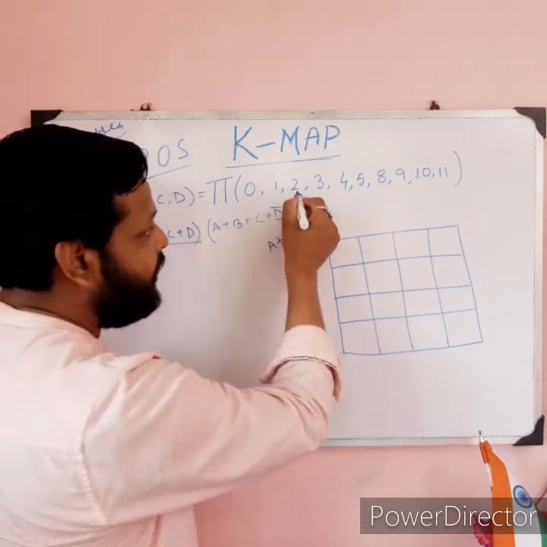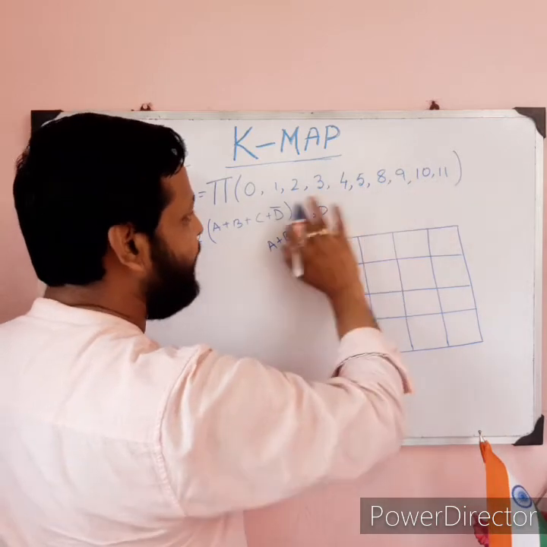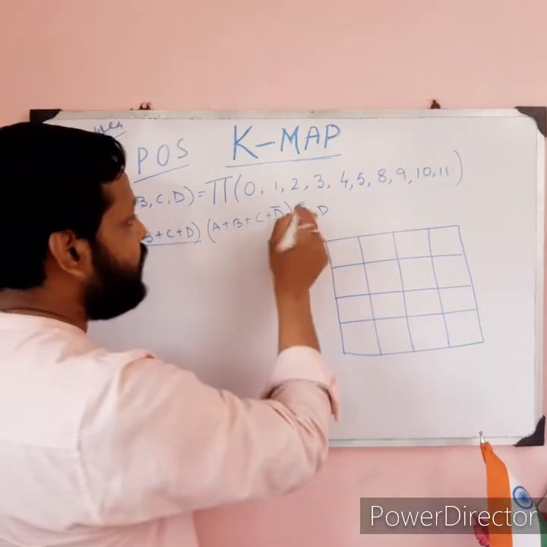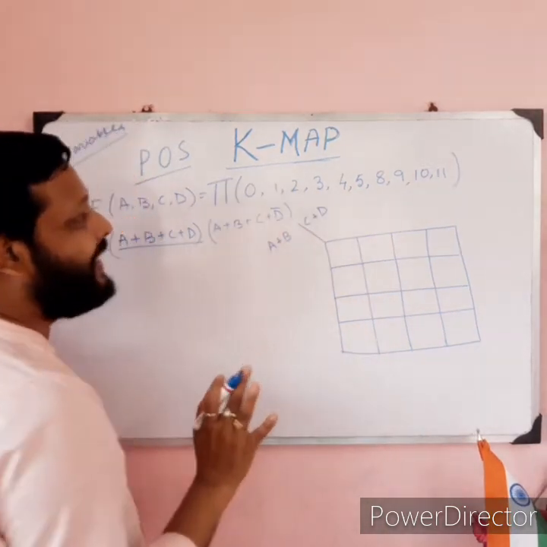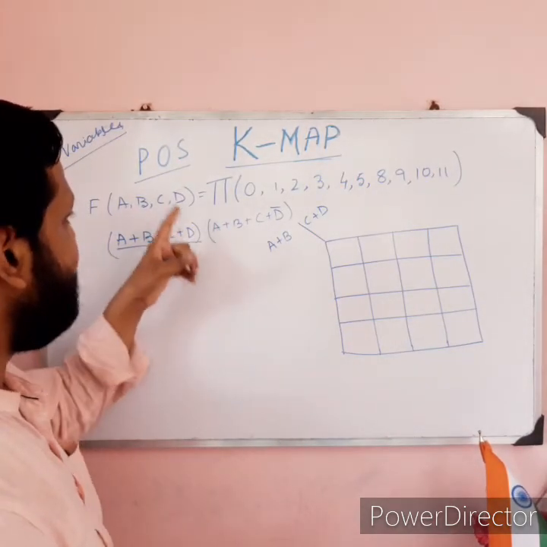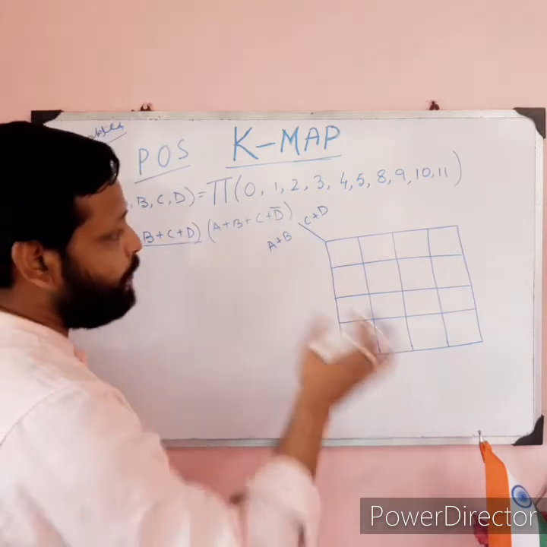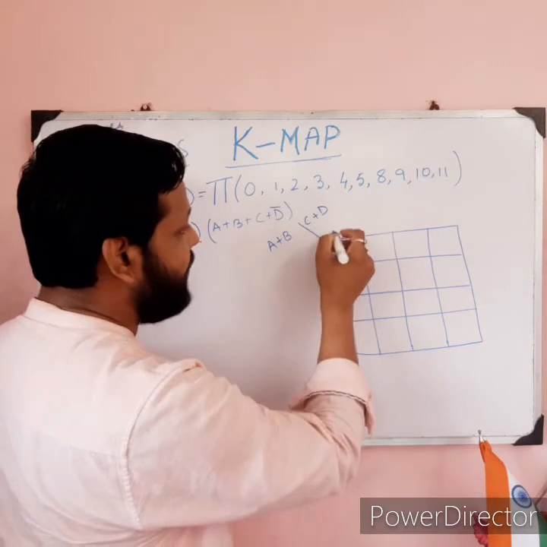Literals of variables are in sum form, then we have to do the product. Like this, if I find the terms of 2, 3, 4, 5, 8, 9, 10, we are able to find them all. So in total we get 11 terms out of 15. Now how to solve this using POS with the K-map? For identification of the groups, the same concept is used.